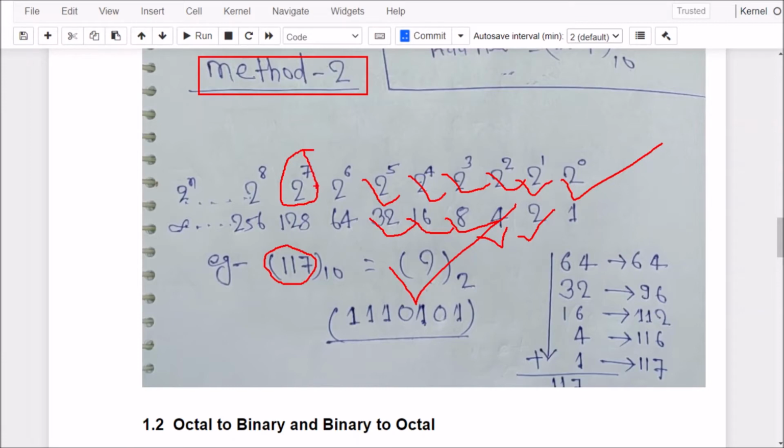So we have to use up to 2 to the power 6 only. Up to 2 to the power 6, how many values are there? There are 7 values. 2 to the power 6 is the 1st, 2 to the power 5 the 2nd, 2 to the power 4 the 3rd, 2 to the power 3 the 4th, 2 to the power 2 means the 5th value, 2 to the power 1 means the 6th value, and 2 to the power 0 means the 7th value.